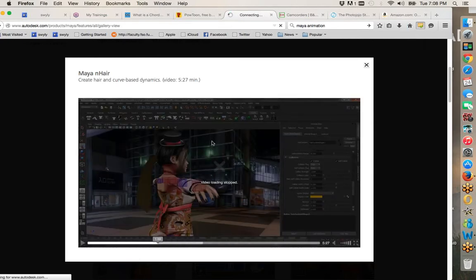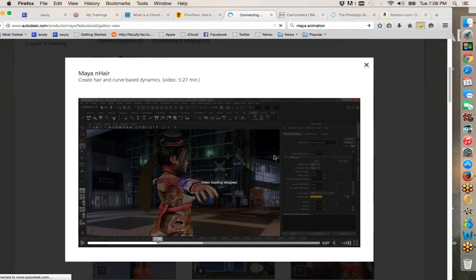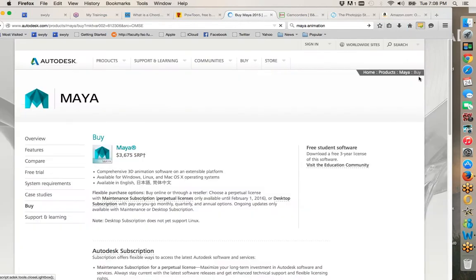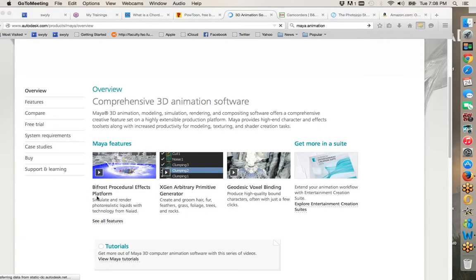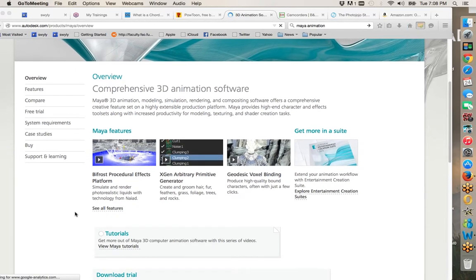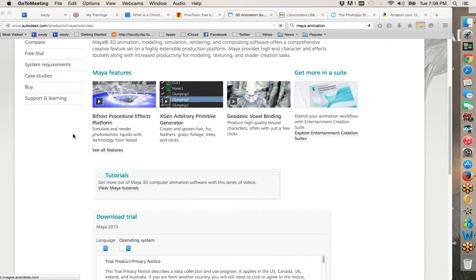So here's the thing about Maya, is that it is complicated. You probably heard a fair amount of geometry in there and other things. It is huge, a huge, huge program. You need to know how to draw. You need to know how to do some rudimentary programming to get things to move. Maya is a program that has a tremendous amount of